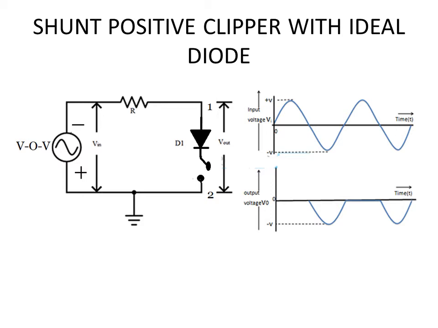So just like the input is varying from a 0 value to maximum negative value, then again to 0, and so on, it goes like that. So that entire waveform will be appearing at the output when you display it in CRO. So ultimately what we have is the entire positive half cycles have been removed, and the negative half cycles will be appearing exactly the way in which it appeared in the input. So that is what we refer to as the shunt positive clipper, assuming that your diode is ideal. Ideal means it doesn't have any barrier potential, it doesn't dissipate any voltage across it.